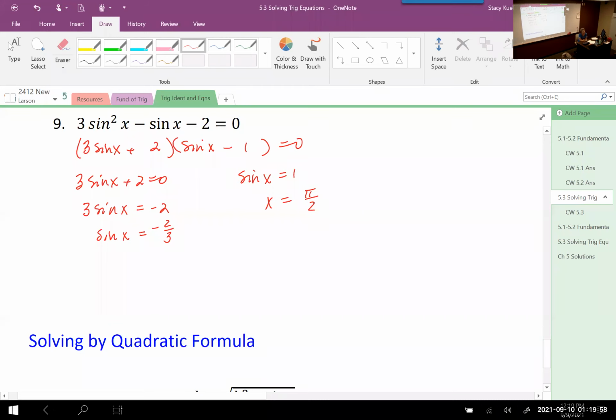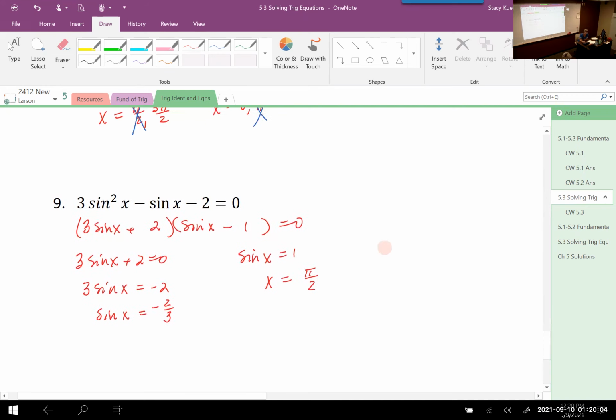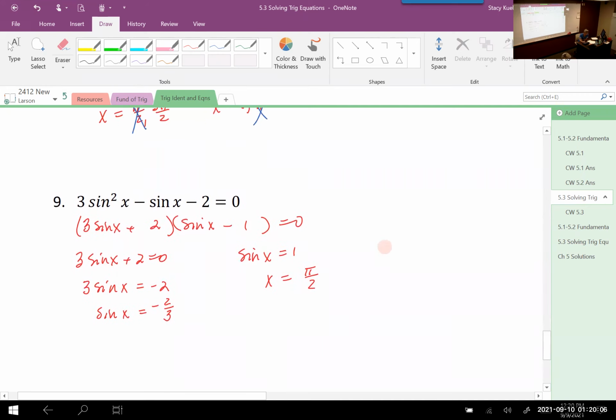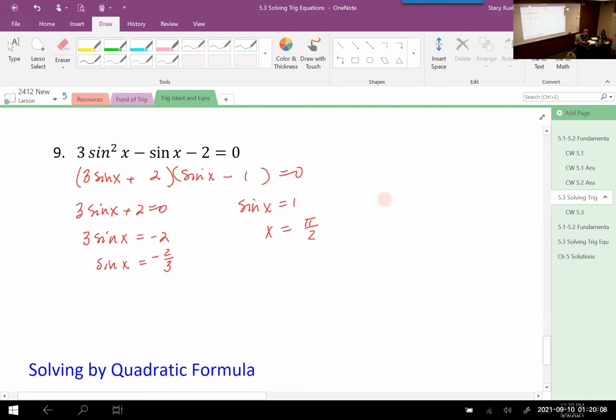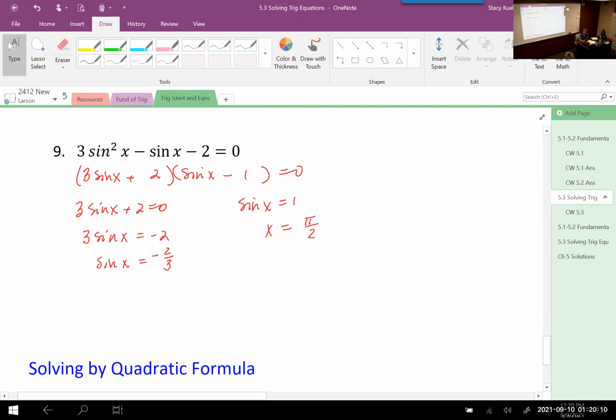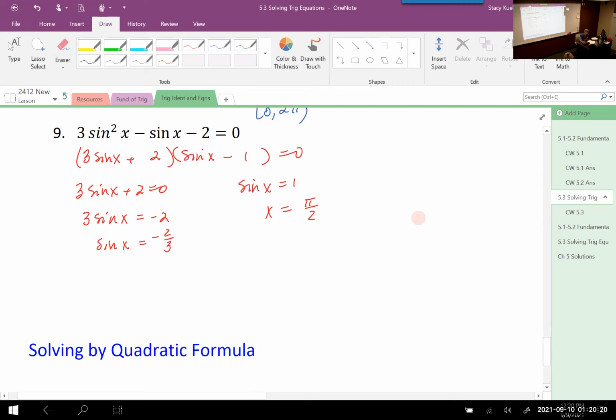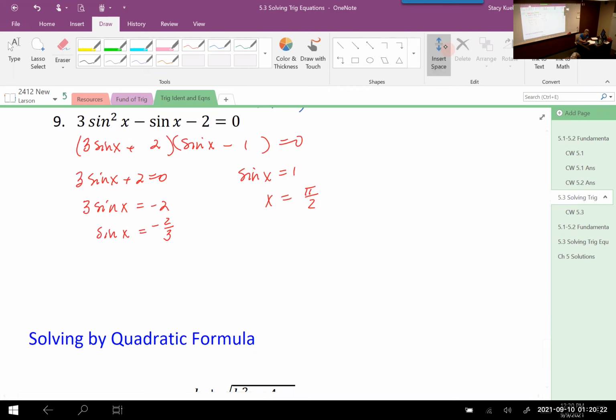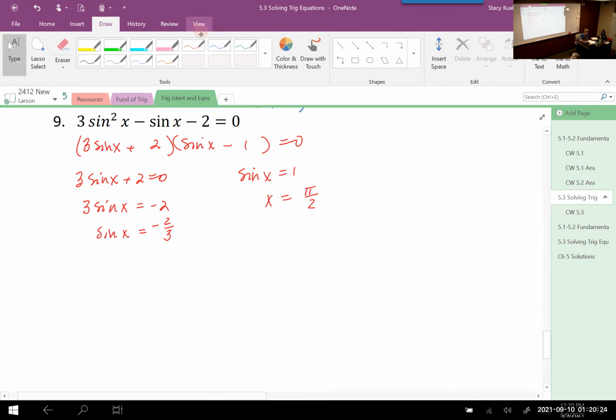Pi over 2, plus 1. Okay. Now, just remember that we are solving all of these functions on the interval between what? 0 and 2 pi. Those are all positive angles, correct? Okay. So when we use our calculator,